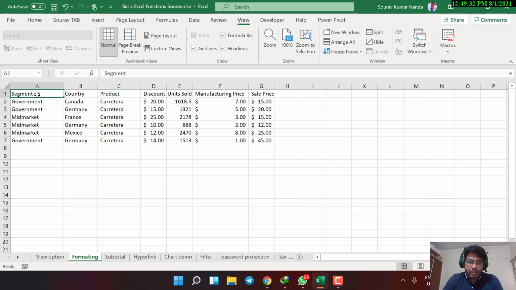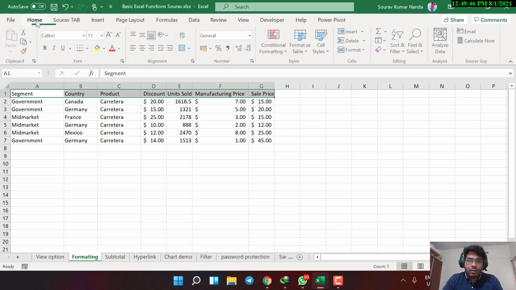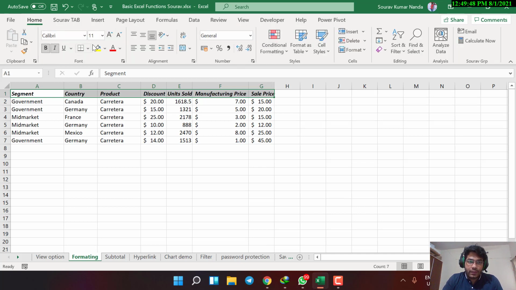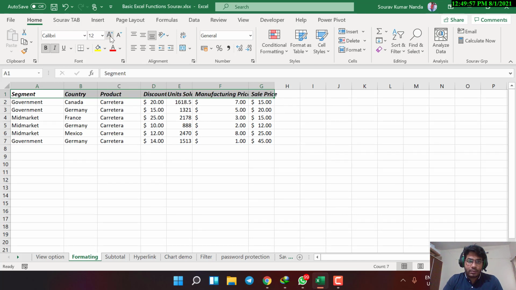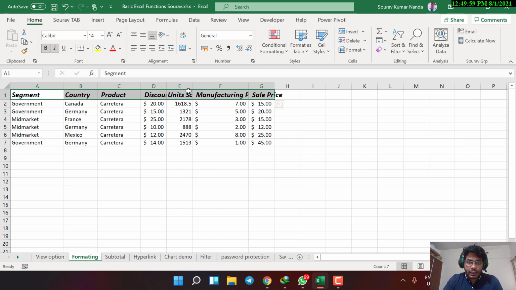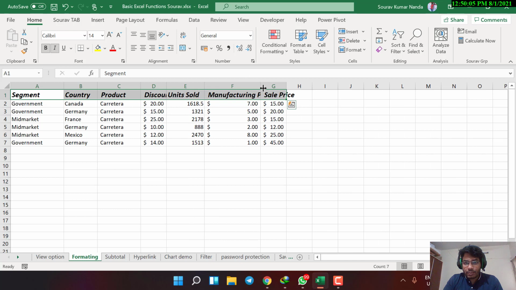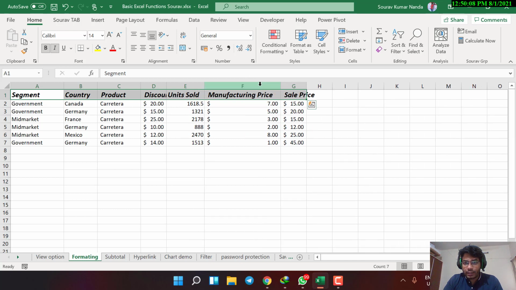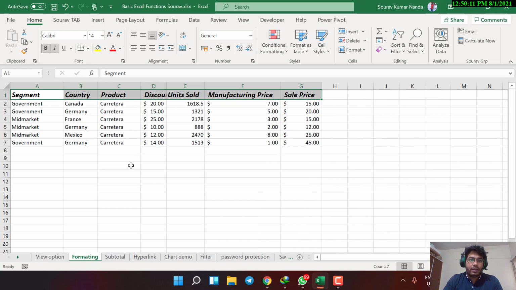We can click on something, then either you can press Control and click everything, or you can click on the first one, press Shift, and then click the last one, sell price. So everything got selected. Now we can go to Home. You can click on bold, italic. You can also increase the font size here. Let's say I'll increase it to 14 or something, and then you can adjust these cells like this, or you can just double click on it to auto adjust the size. Double click. Okay, also double click. You can find all this.